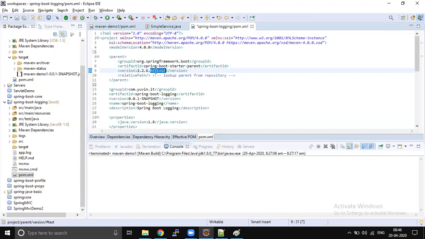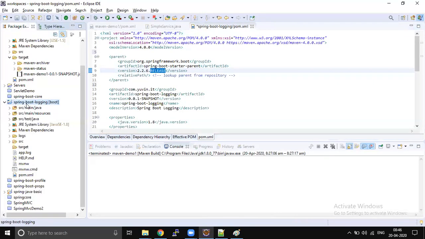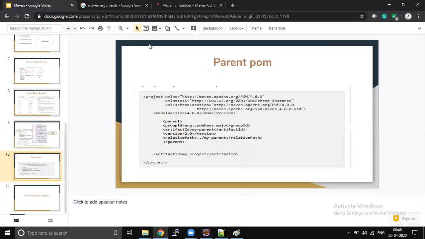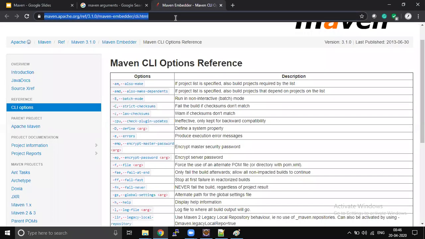So now my Spring Boot logging project has become a child to Spring Boot. Okay, so now we will go to GitHub and see what configuration they have written inside this.